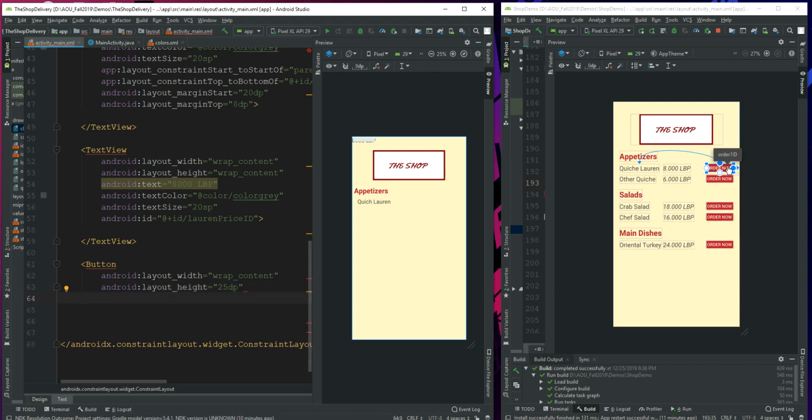So let's also give it an ID. So ID equal order 1 ID,